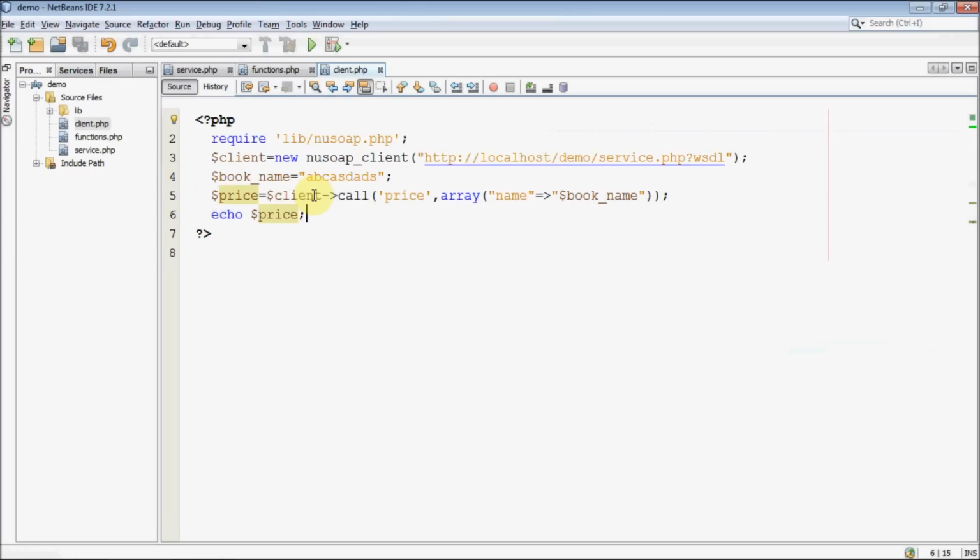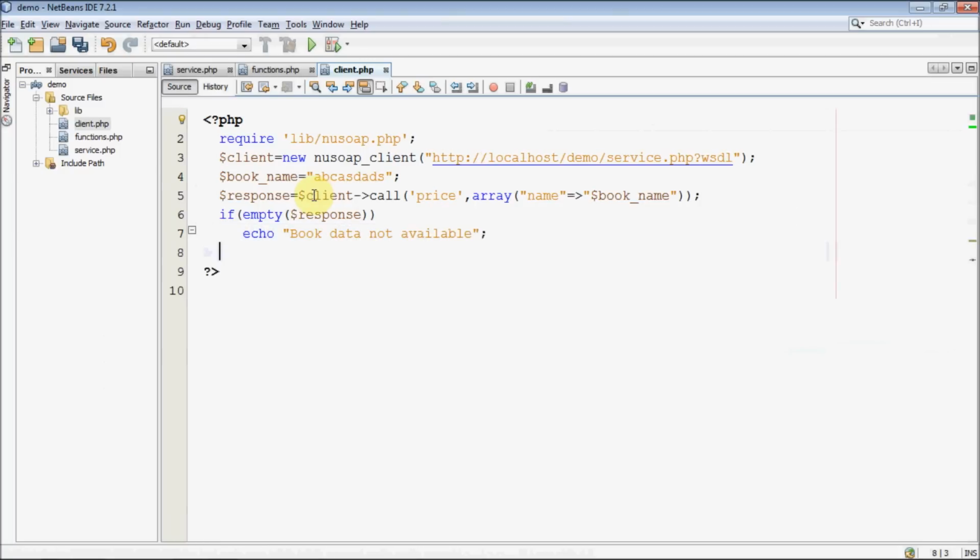If you want your system to be more robust, you can add one more line here. If the response is empty, just call it as: if empty of response, or result or price, you can echo something called book data not available, anything you wish, and else you can output the result.